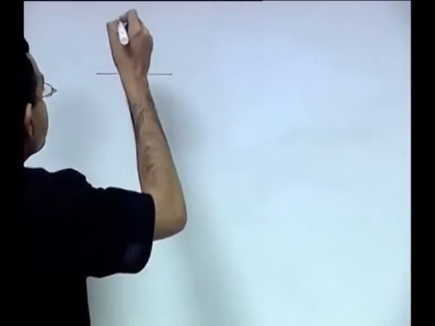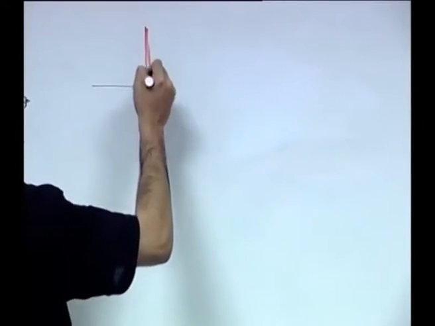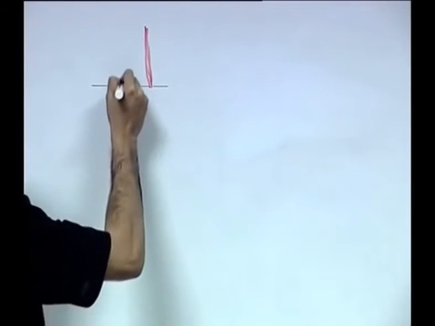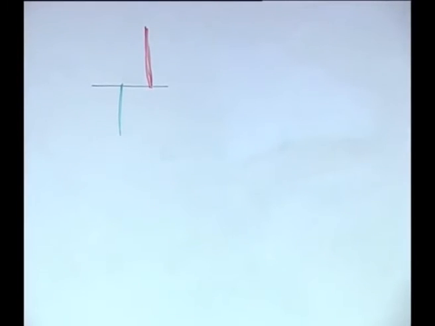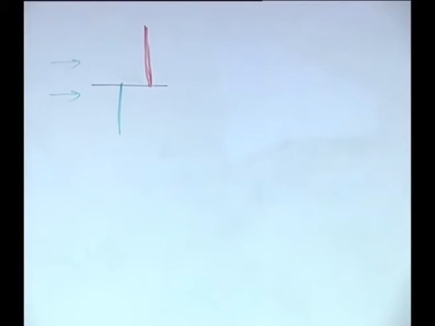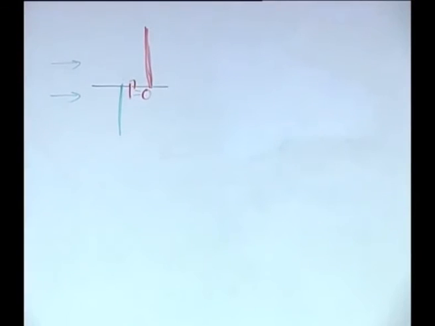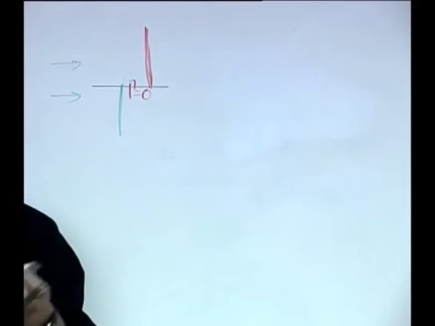Let us say that you have two streams of fluid, one with a uniform temperature profile, that is the upper fluid, and another with another uniform temperature, which is the lower fluid. These fluids are flowing along the positive x direction, and let us say that the diffusion coefficient between these two fluids is 0, that is, the fluids cannot mix.